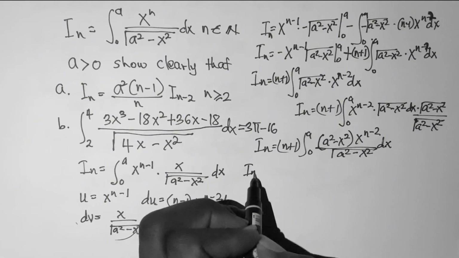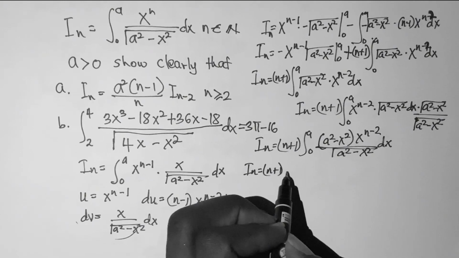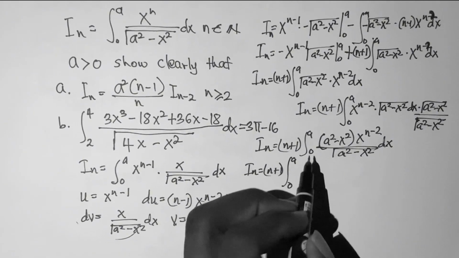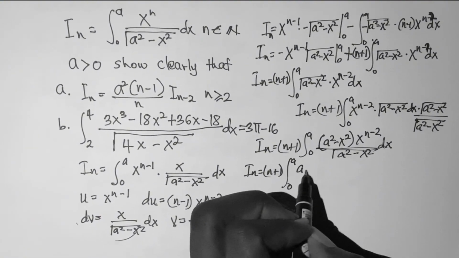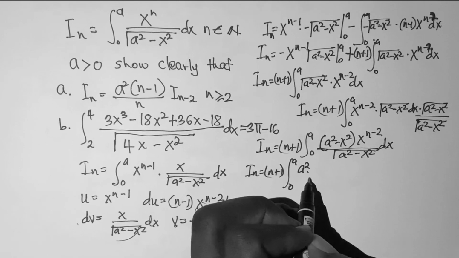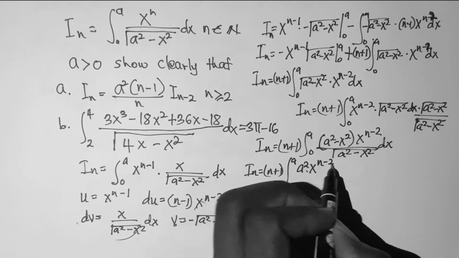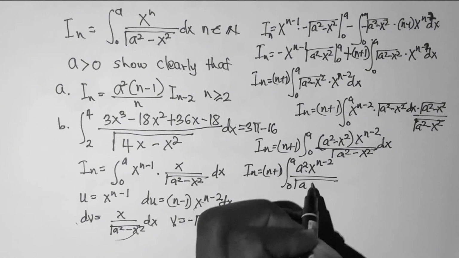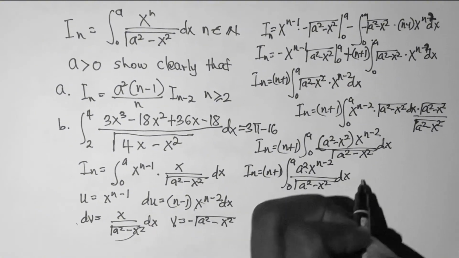So we find out that I of n is equal to n minus 1, then the integral from 0 to a. Here becomes a squared times x exponent n minus 2 divided by the square root of a squared minus x squared dx, and then